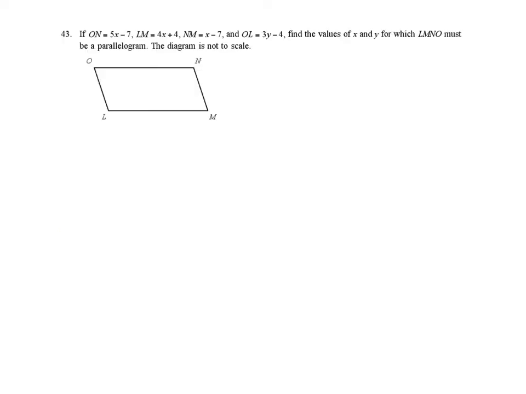All right, I know ON is 5x minus 7, LM is 4x plus 4, NM equals x minus 7, and OL equals 3y minus 4. Find the values of x and y for which LMNO must be a parallelogram. I know if it's a parallelogram, my opposite sides are congruent. So I know ON